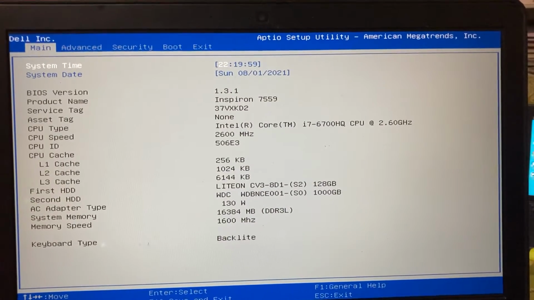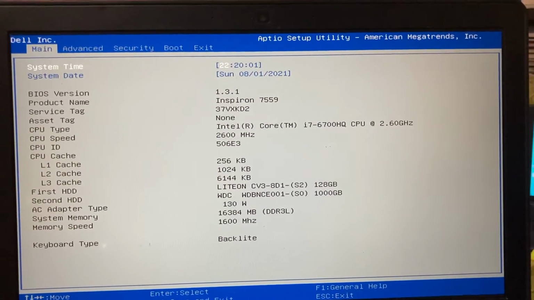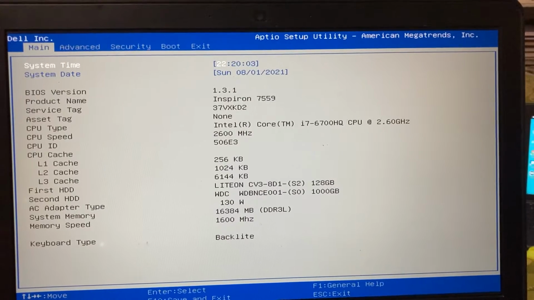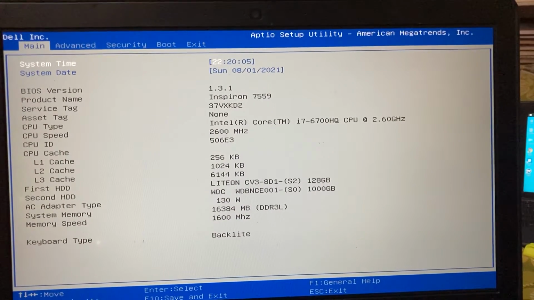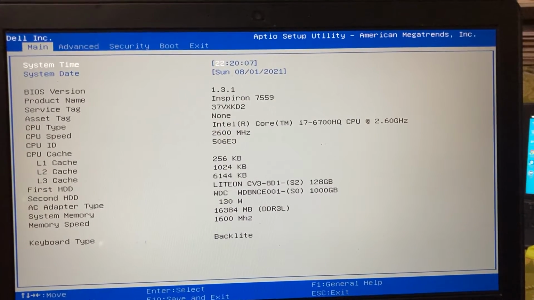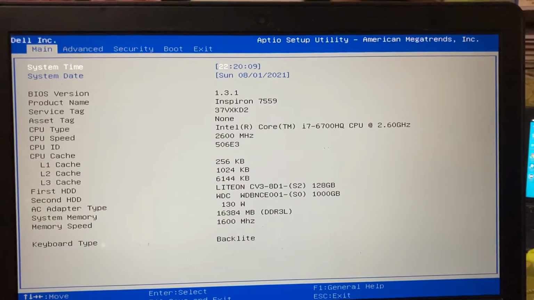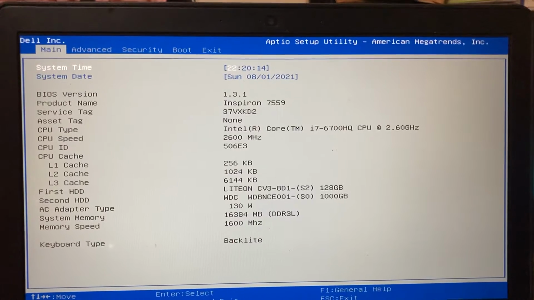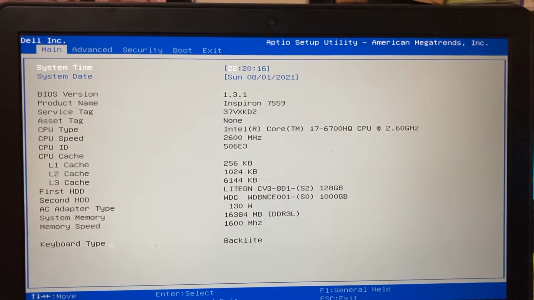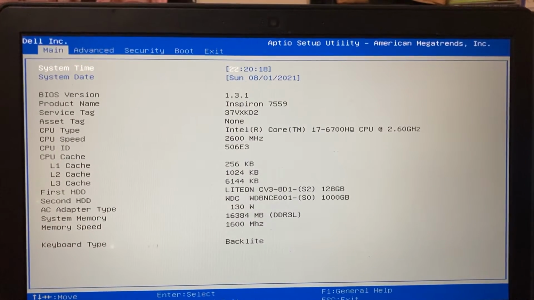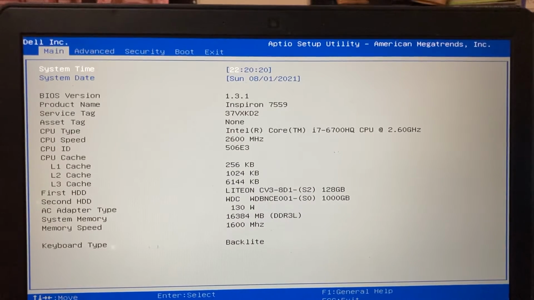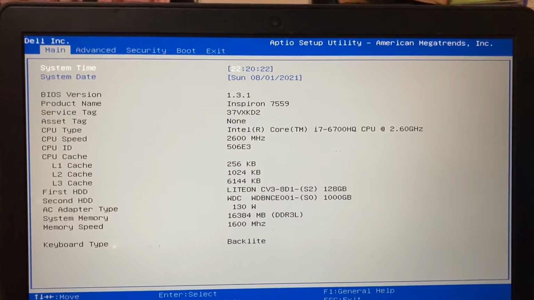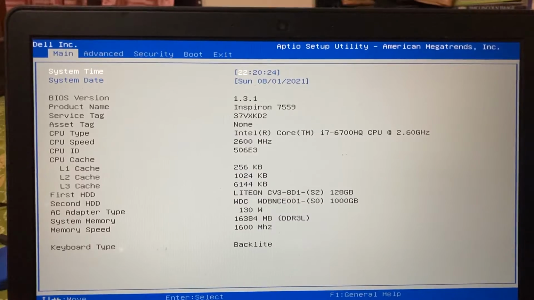So guys, today I'll be showing you what to do if you have two different hard drives, and suppose in the first hard drive your system is booting up, and you want your second hard drive as the default hard drive to get started. So I mean to say, every time you don't have to press F12 and select the second hard drive and then go to the BIOS setting, you will do the default.